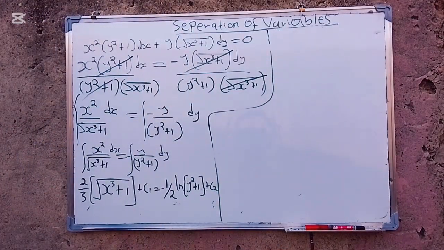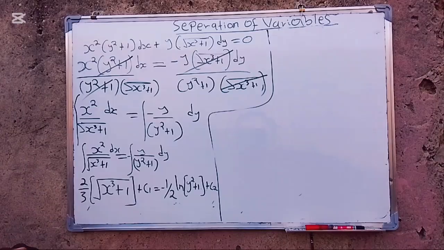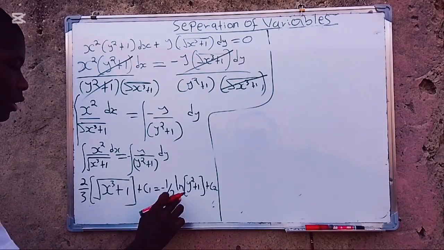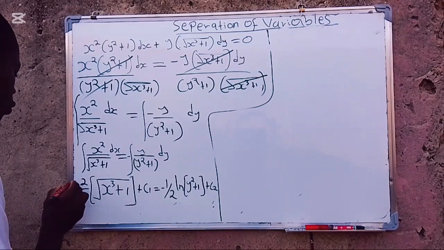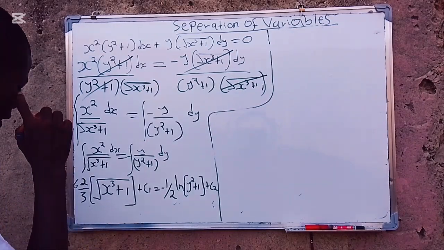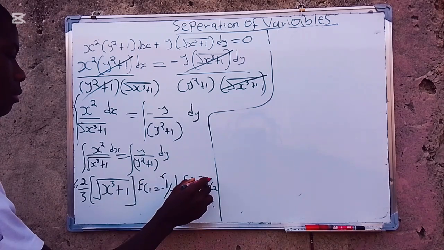So the next thing that I'm going to do is that I have to get rid of this fraction. So what should I do? To get rid of this fraction, let me multiply by the LCM of these denominators. I have 2 here, I have 3. 3 multiplied by 2 is 6. So if I multiply here by 6, and here by 6, and here by 6, all